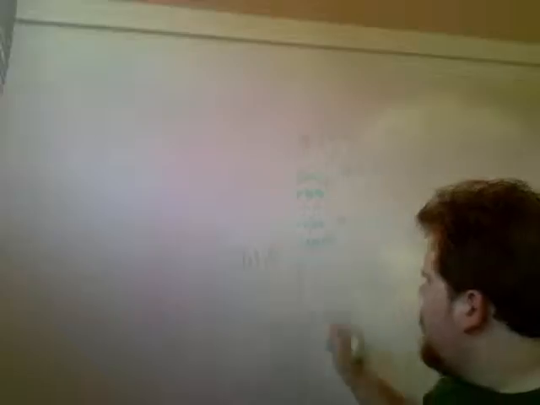Now, before it gets to x equals 1, it's negative. Why? Because remember, e is greater than 1. So you're going to have to take e to a negative power to get something